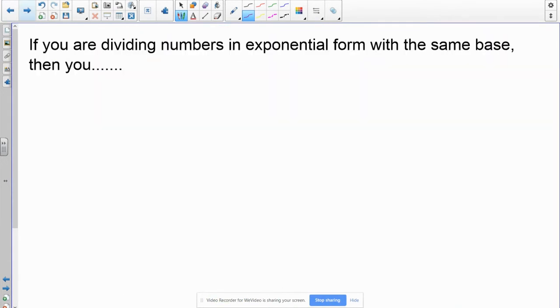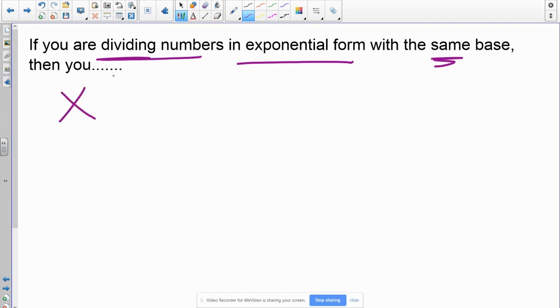Now we're going to look at division. So just changing a little bit. So instead of multiplying, we're going to divide. So kind of think about that. That's the inverse or the opposite. So see how that works when we're simplifying. Again, an exponential, and it has to have the same base. So we're going to start with,